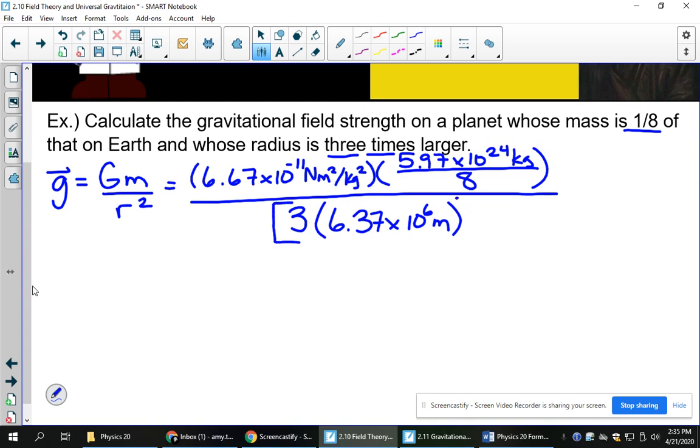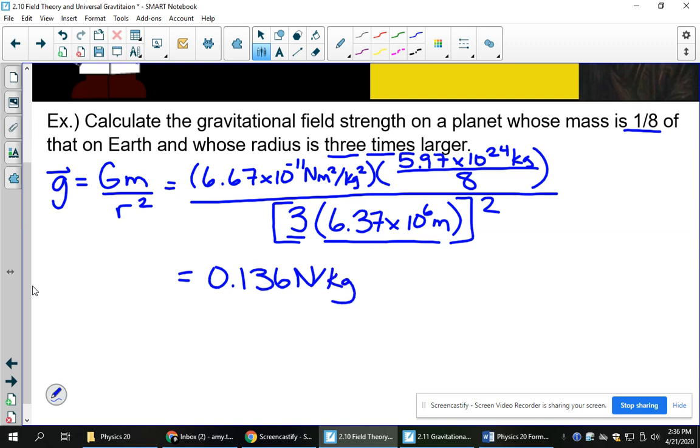This whole square bracket is the radius of the planet we're talking about. It's 3 times Earth's radius. That number needs to be squared. So you absolutely need to have those double brackets so that you multiply by 3 before you square. Make sure that you can put this in your calculator and get